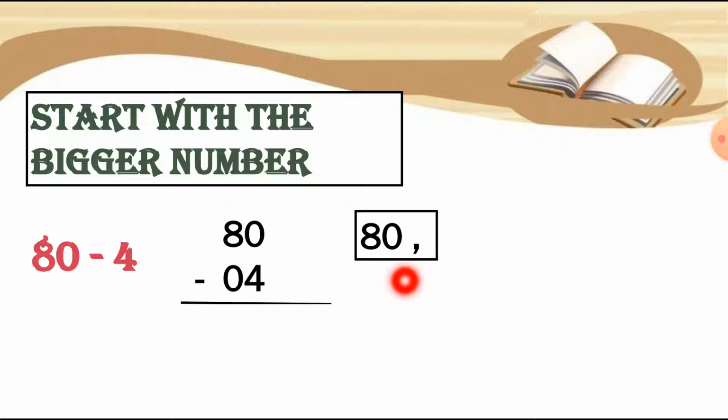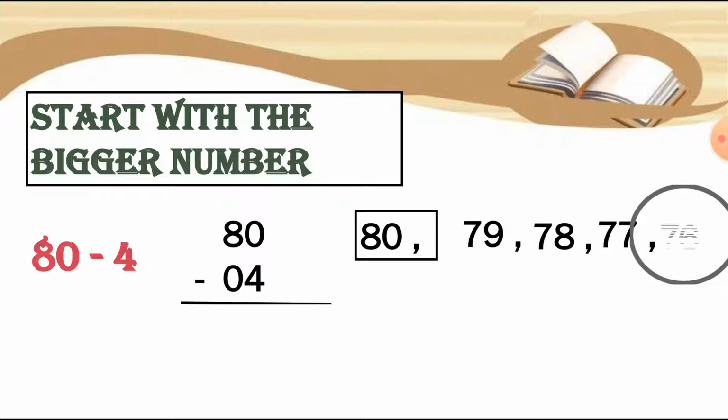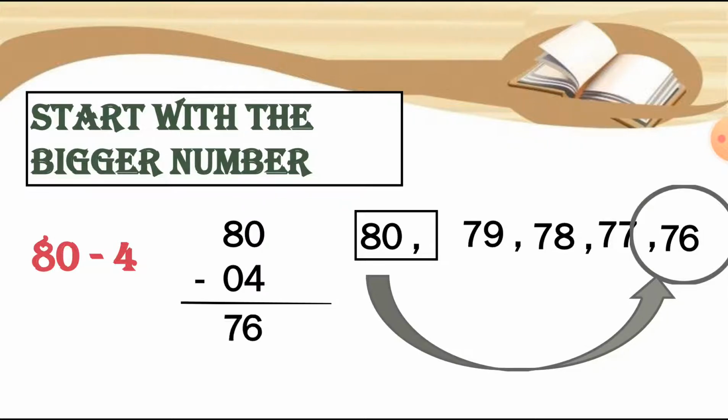So let's write the number before 80, which is 79. Before 79 the number 78 comes. Before 78 the number 77 comes. And before 77 the number 76 comes, which is our answer because 76 is the 4th step. Here is 1, 2, 3 and 4. This is the answer. So we can write down the answer here this way, 76, and in this way we can count backward and write down the answer very easily. So 76 is the answer.